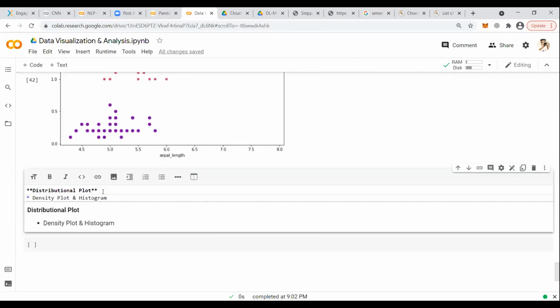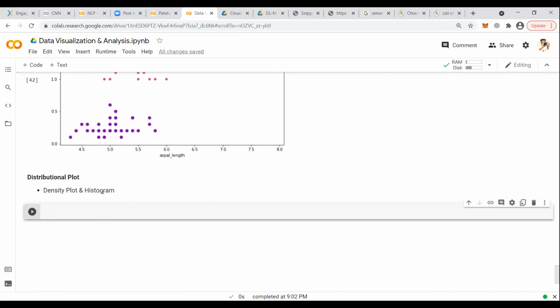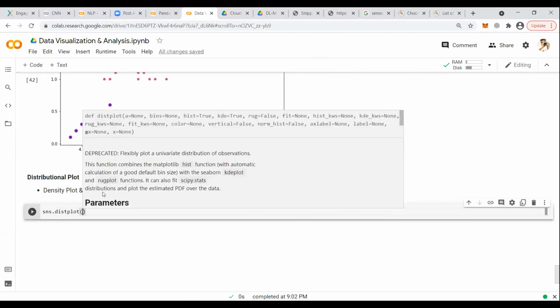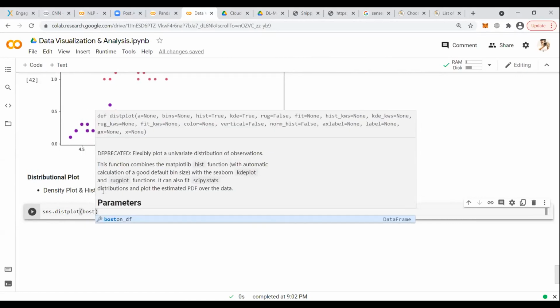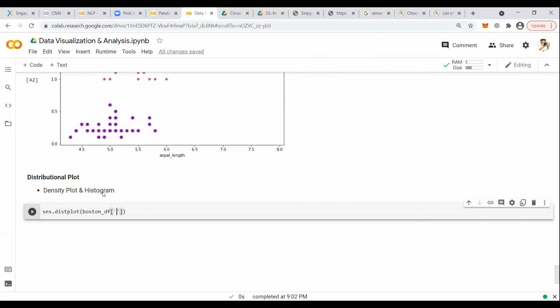When you want to display the spread of the data, you need 2 types of plot, the density as well as the histogram. So density plot is used for showing the spread of the data using sns.distplot. Density plot and probability density are both the same.